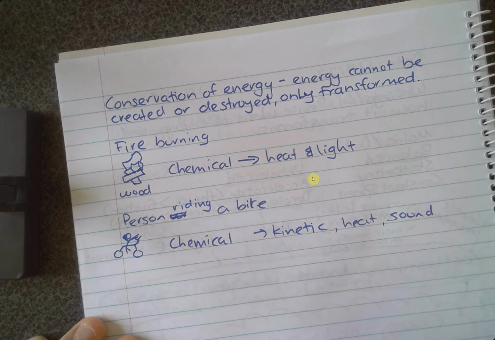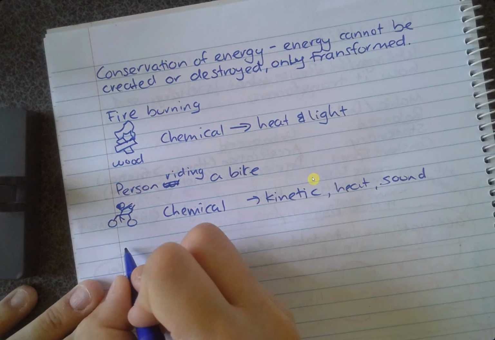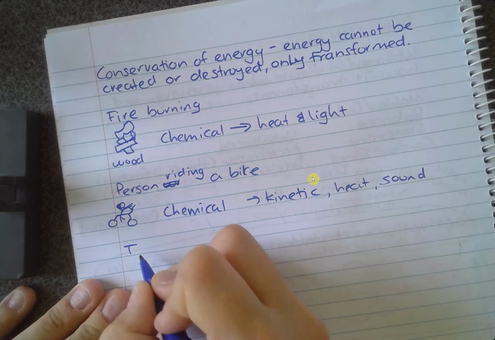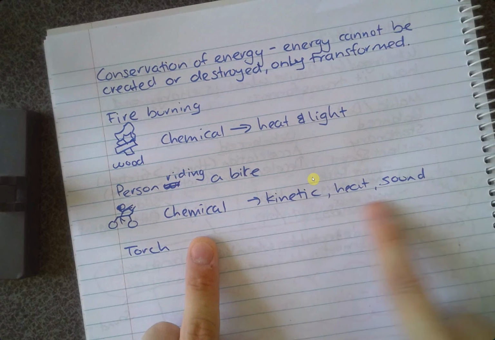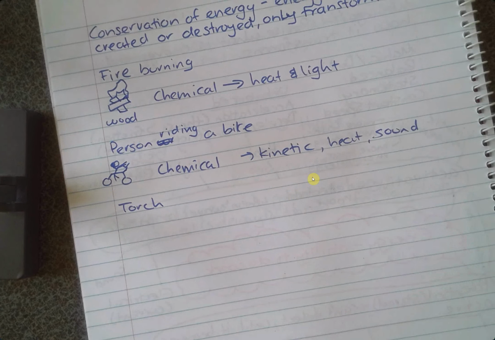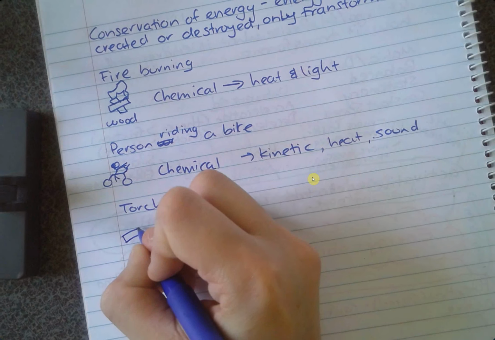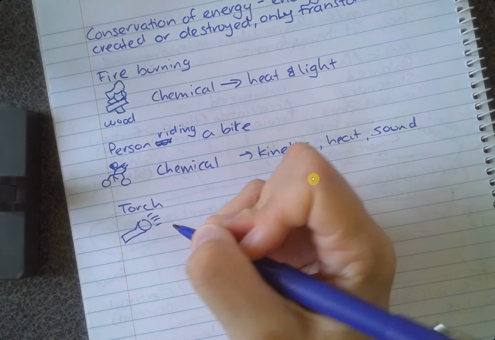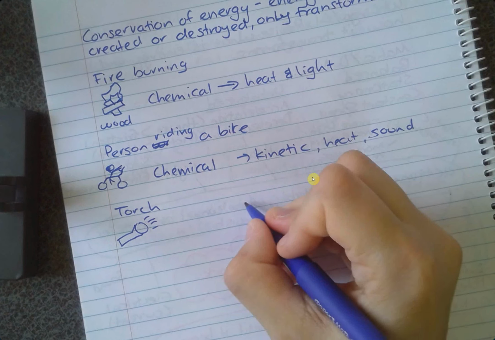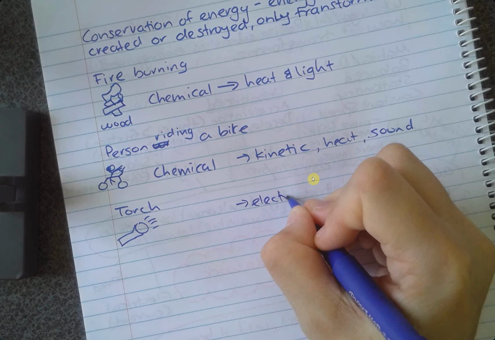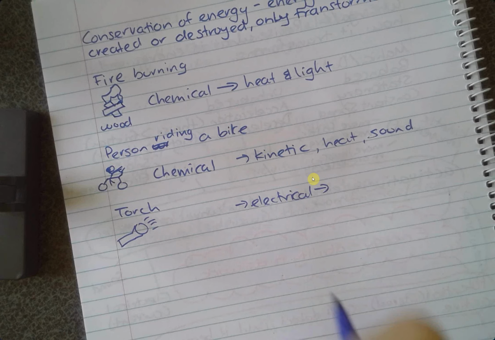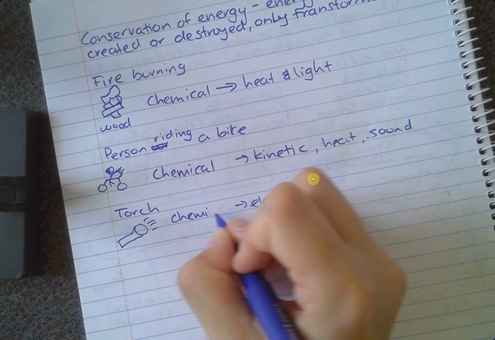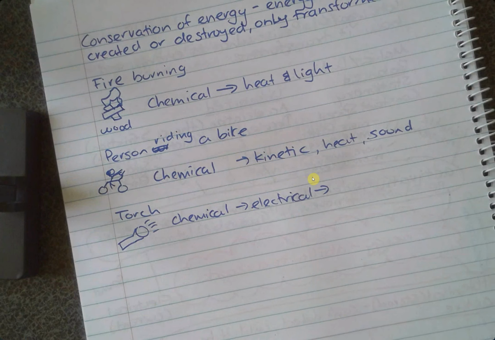What about thinking back to camping? If I have a torch, we're now going to see a multi-step. So right now we have one going to two in a list. If I have a torch and there's a battery inside it, what's the energy starting as? What's it before electrical? What's the battery? It's made of metal. It has chemicals. So you see how we have a potential energy going into electrical, and then what's the final output energy that I see? Light.